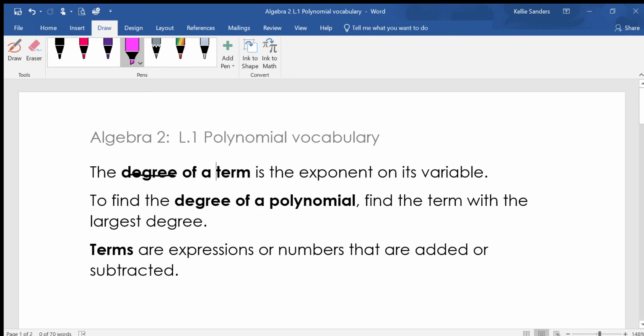I don't know why that's not working. I have it on highlight, but it's not